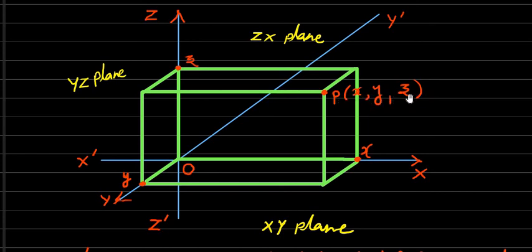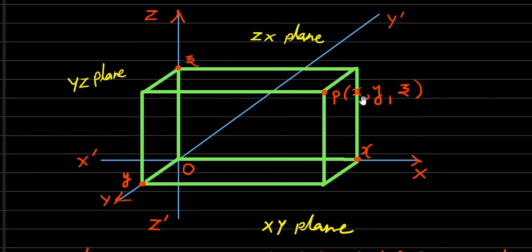And as there are 3 numbers, therefore it is called a triad. So in case of the plane, the position of a point is determined by the ordered pair. But in case of space, the position of a point is determined by the ordered triad of real numbers. These x, y, z are real numbers. And what then do x, y, z represent?